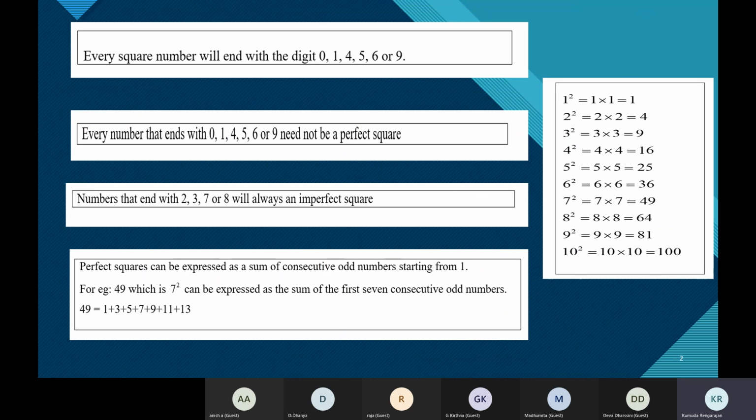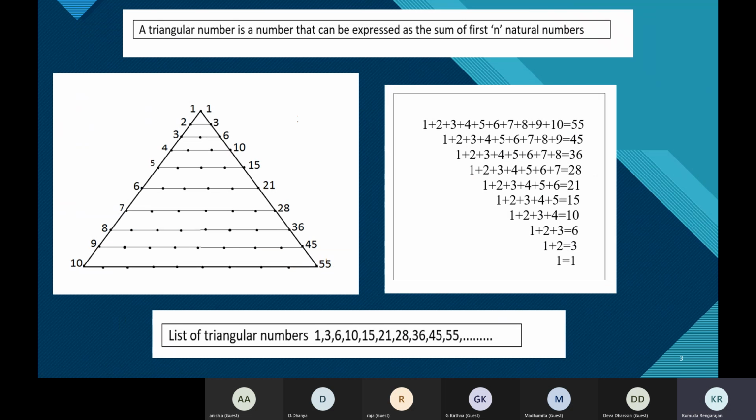So please complete all this in your book. You must write out all this. Please write the contents of this slide. This one, you don't have to draw this triangle actually. You don't have to draw this, children. Ma'am, I took the screenshot of all the slides, ma'am. Yeah, you take a screenshot. You've taken a screenshot, but you should also write out the same in your classwork, in your tuition notebook.